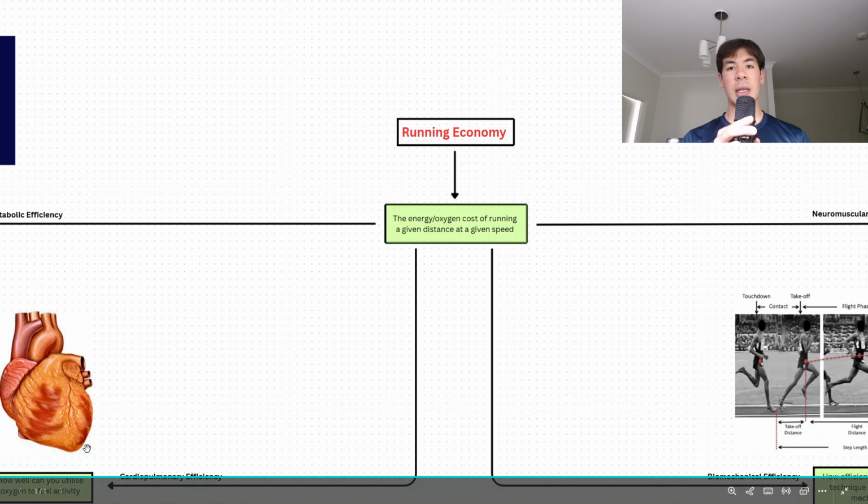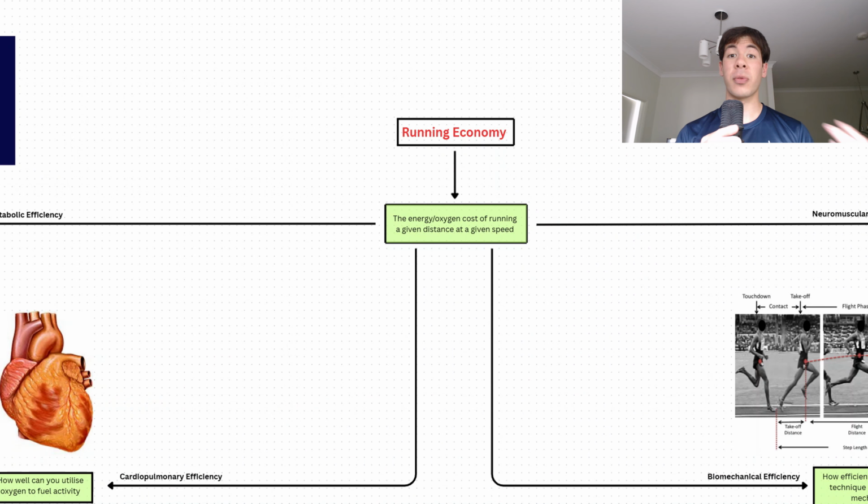Your running economy is the biggest determinant of your running performance, or in general, how good you are at running. So what your running economy actually is, is the oxygen cost associated with running a certain distance at a certain pace. To set a concrete example, you could have two runners, both running 5 kilometers at around 5 minutes per